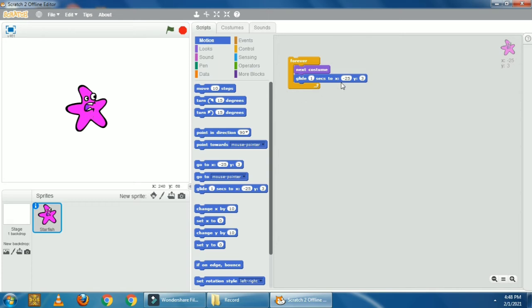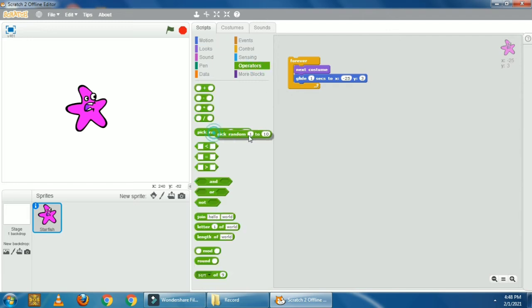So inside this we give pick random number. Click on operators, take the pick random block and paste it inside the x block. Just release your mouse click and it will be pasted automatically. Same way, now change the values. Click on 1 and give minus 200. First the minus sign, then 200.